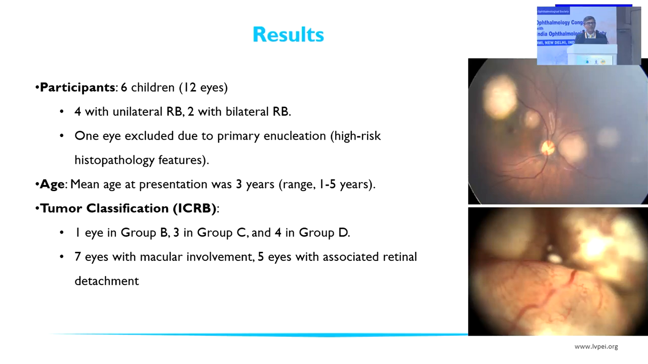One eye we had to exclude due to primary enucleation. However, the other eye, which was a normal eye, we included in our study. The mean age at presentation was 3 years, ranging from 1 to 5 years. In terms of tumor classification, 1 eye had group B, 3 had group C, and 4 eyes had group D